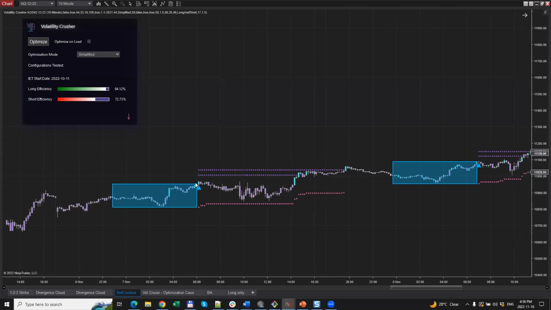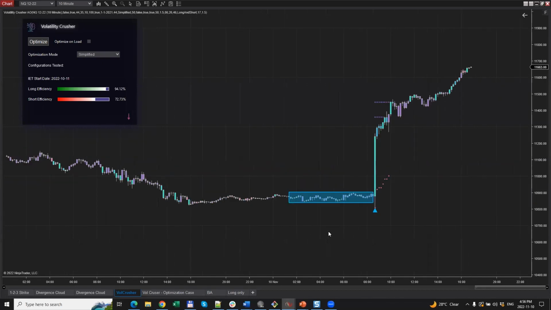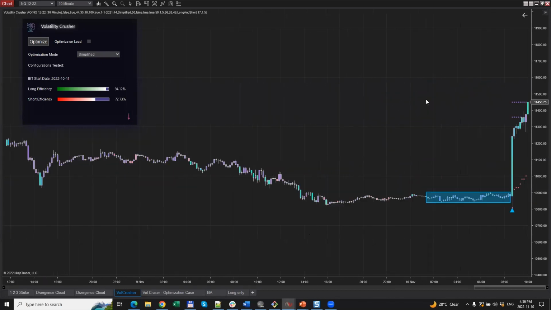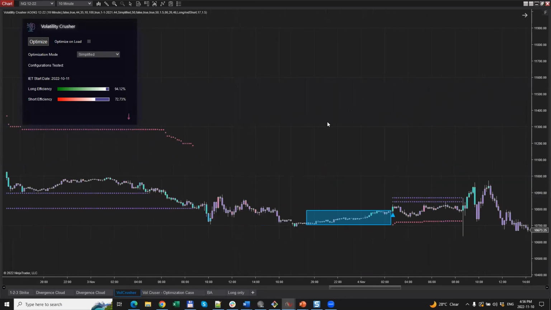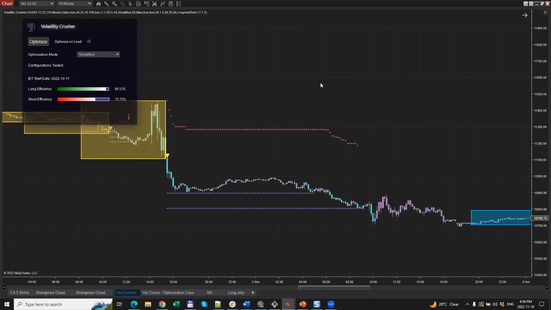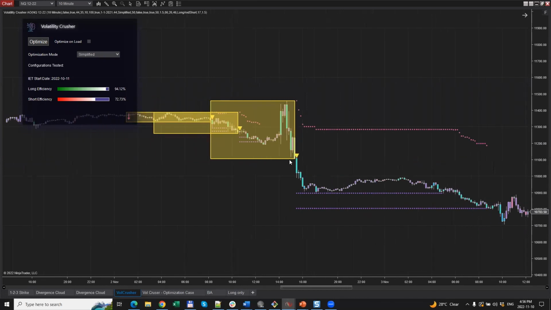So here we had a long entry signal, which worked out quite nice. It hit both targets. Here again, a long entry signal, it hit both targets. Let me see if I have something else. Here, another big long, which hit both targets. Let me just maybe go back a little bit. Perhaps you can find a short signal as well. Here we had a short signal, or two short signals, or actually three, which all three also hit their targets.